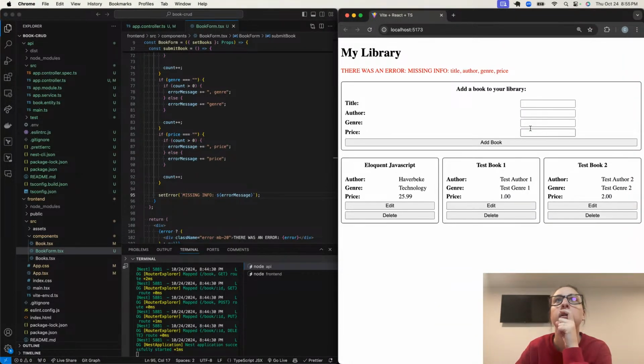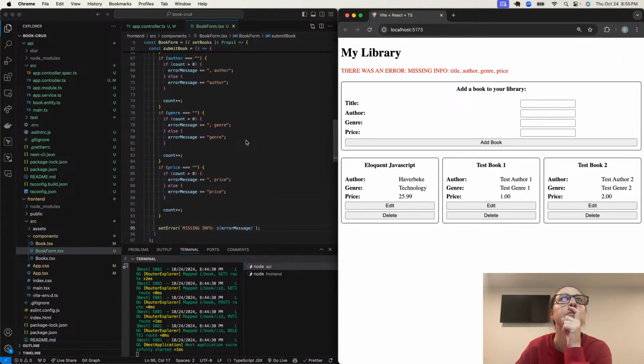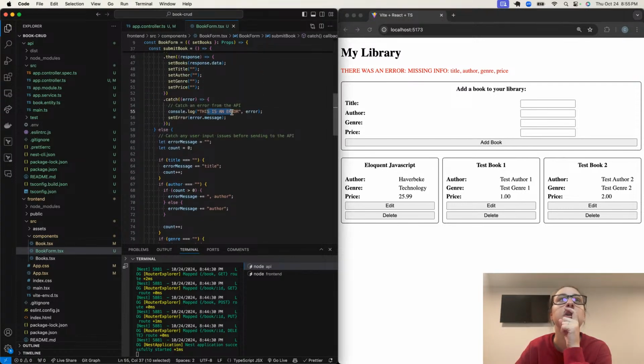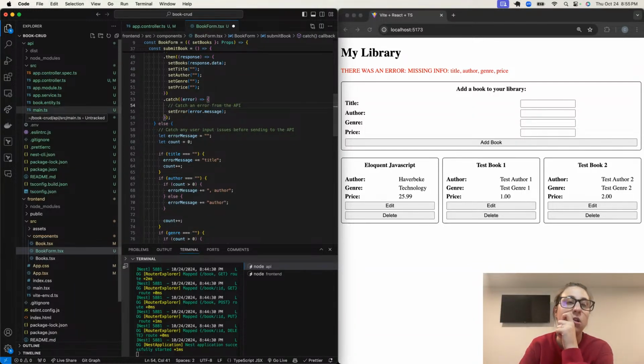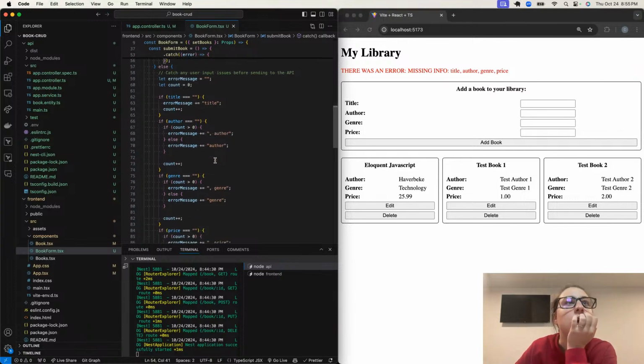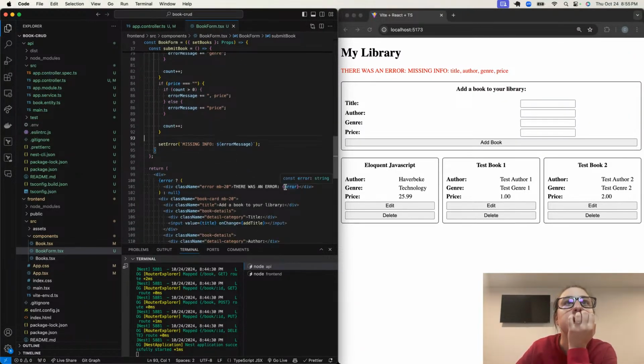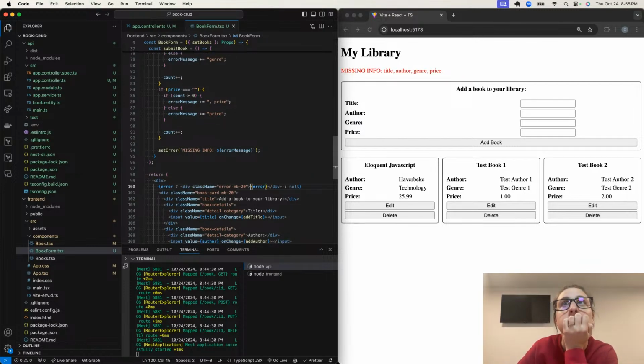Okay, where's there was an error coming from? This is an error. That's console logging though. I've lost track of my brain, so missing info. Oh, it's coming from here. So we can just do this. All right. And then instead of missing info, because that's not really a great thing for users, we'll say something like